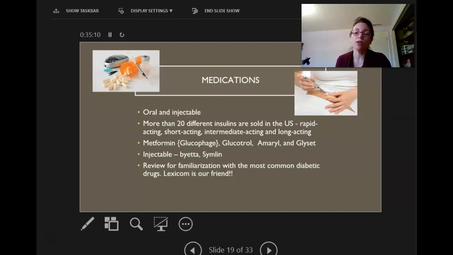Many people with diabetes are also treated with anticoagulant, antiplatelet drugs, antihypertensive drugs, or lipid-lowering medications. So somebody with type 2 diabetes usually has other conditions with other medications going along with it. And then I write, Lexicomp is our friend, because it is hard to memorize all of these medications, their oral manifestations, oral implications, and side effects. So Lexicomp is really an invaluable resource.